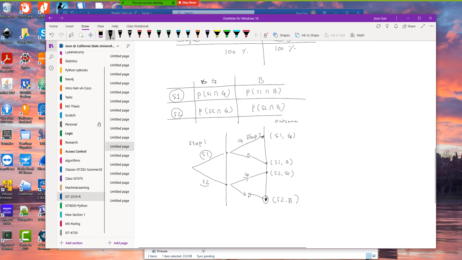So what that means is, for example, to reach this point, you first need to choose the pot supplied by S2, right? And then that pot happened to be bad at the same time. Okay? So now, if I just change this tree diagram with the probability, I'll just add